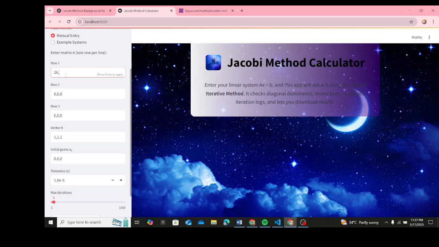So we got 26, 2, 2; 3, 27, and 1; 2, 3, and 17; 12.6, as I remember, negative 14.3, and 6, right? So let's see if they are the same.